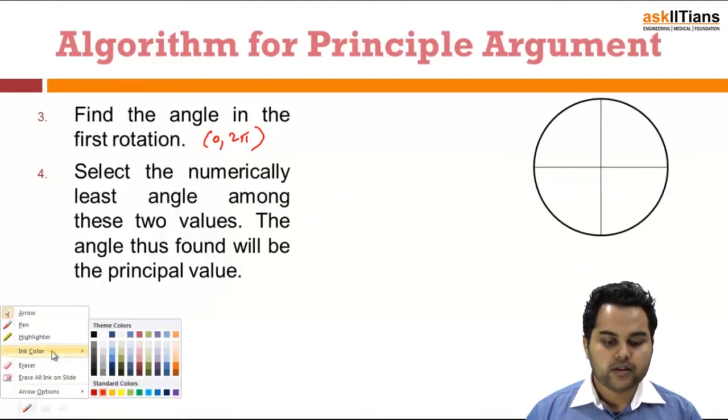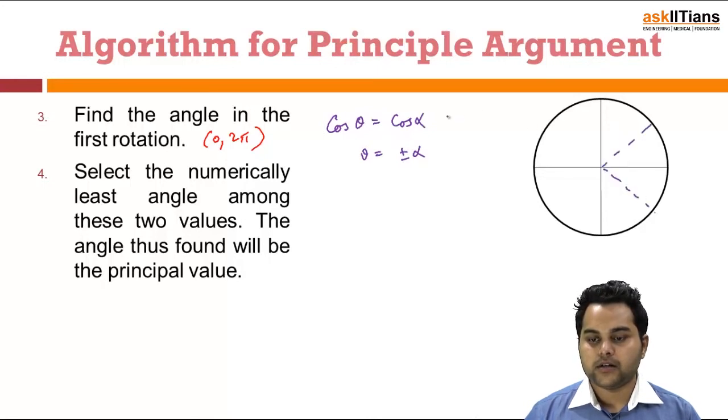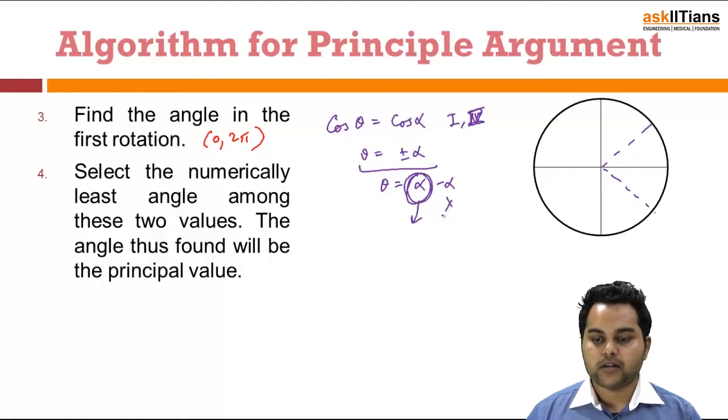What does that mean? That actually means if I have the value of, let's say, cos theta is equal to cos alpha, I would have theta is equal to plus minus alpha. That is, it will be true for first and fourth quadrant. These are the two probable quadrants. So it will be true for both the quadrants. Now among the two values, that is theta is equal to alpha and minus alpha, I shall choose alpha as the principal argument and reject minus alpha. This is just a convention, so I would choose theta is equal to alpha in that case.